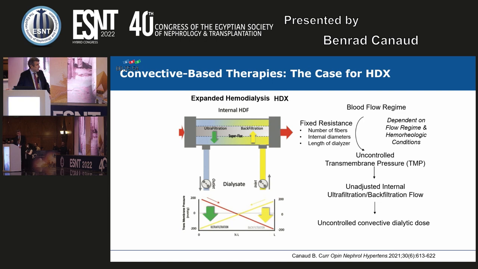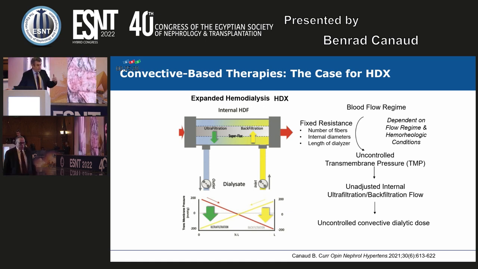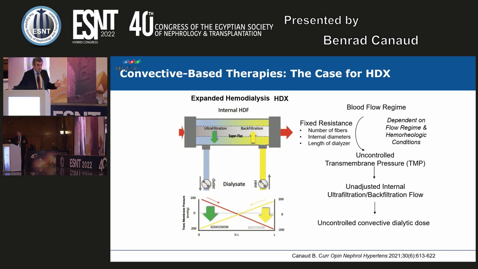Now, in the case of the HDX, which is expanded, you understand that everything is driven by the blood flow regime and the resistance. So you cannot control this transmembrane pressure. Everything is based on the flow, the resistance created by the diameters of the fiber. So at the end, you conduct a convection which depends almost only on the blood flow. If you go low blood flow, you will get very low convective action, meaning that this is an uncontrolled convective dose that you are delivering to your patient. Of course, if you try to get higher blood flow, I will show you in a minute,